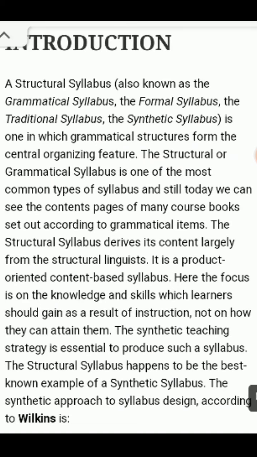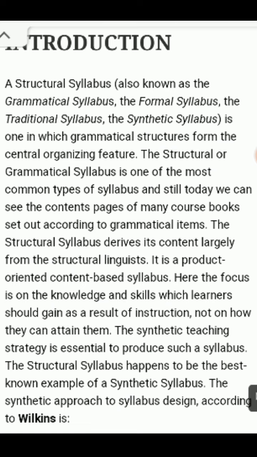A structural syllabus is one in which the grammatical structures form the central organizing feature. This is very easy, and this is a kind of definition of structural syllabus. What actually is a structural syllabus? A structural syllabus is that kind of syllabus in which the grammatical structures, like tenses, passive voice, direct, indirect, parts, types of sentences, kinds of sentences, and conditional sentences, and so many other grammatical structures, form the central organizing feature,